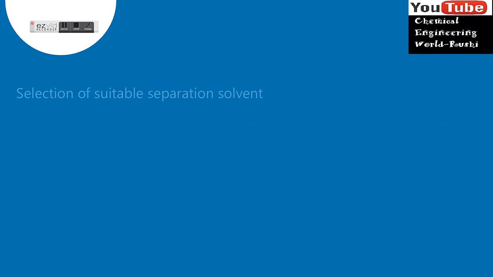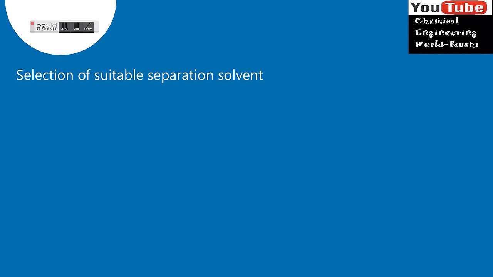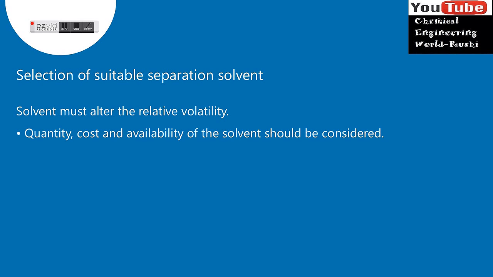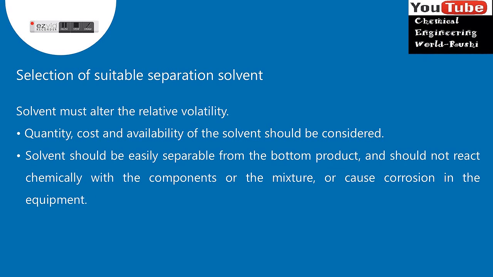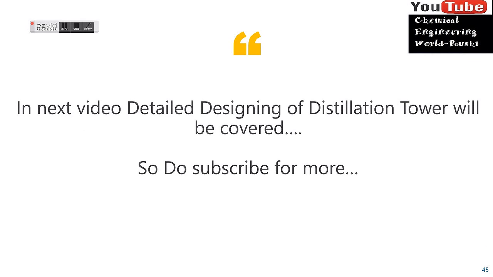Boiling point of the solvent is generally much higher than the boiling points of the feed mixture, so that formation of new azeotropes is impossible. The high boiling point will also ensure that the solvent will not appreciably vaporize in the distillation process. Selection of suitable separation solvent. Solvent must alter the relative volatility. Quantity, cost and availability of the solvent should be considered. Solvent should be easily separable from